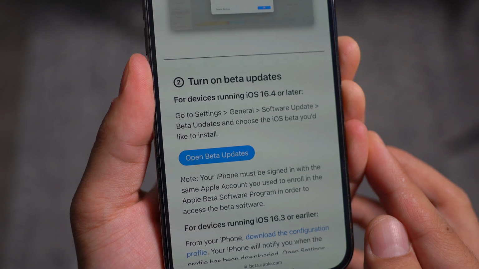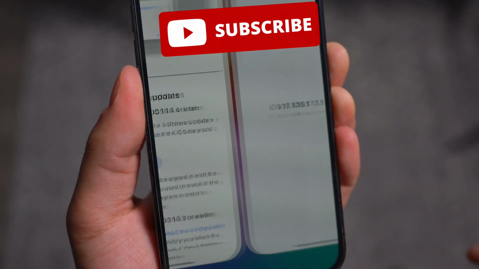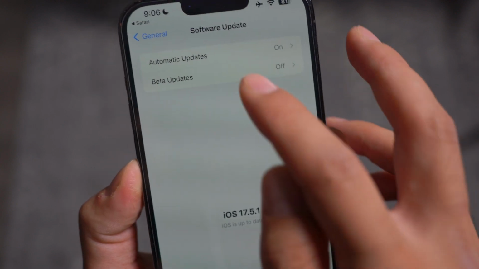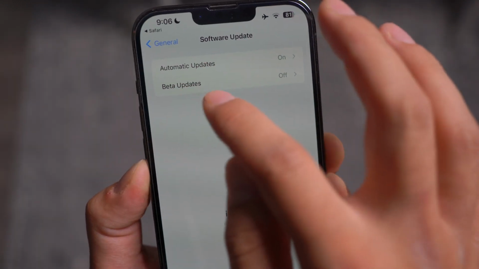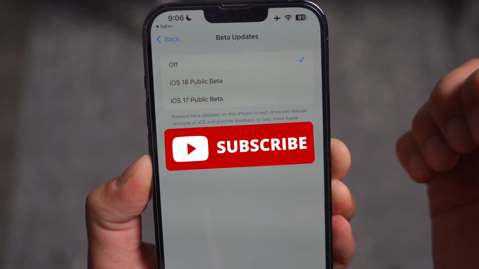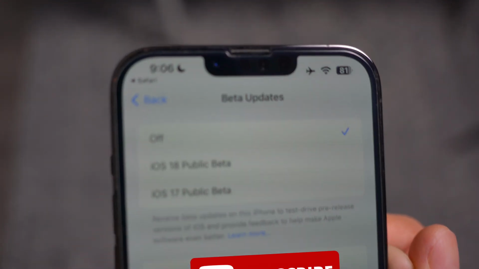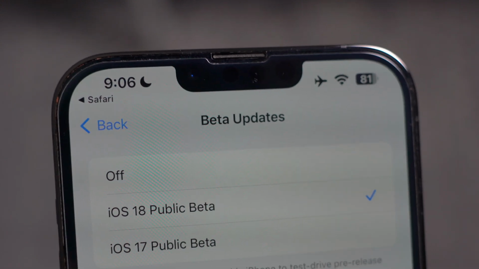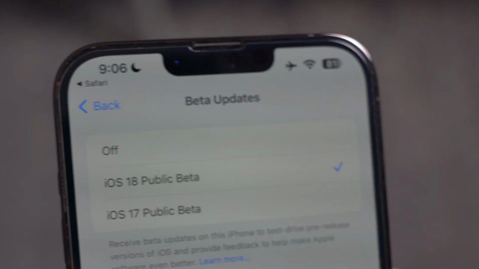You're going to go ahead and turn on beta updates. Go ahead, click on Open Beta Updates. Boom, just like that. Now, if you take a look right here, you have Beta Updates, and just refresh this page and then you will have this Beta Updates. Go ahead and click on it. Boom, right there, as you guys can see, you have the iOS 18 public beta as well as the iOS 17 public beta. All you have to do, go ahead and choose iOS 18 public beta right here, as you guys can see,